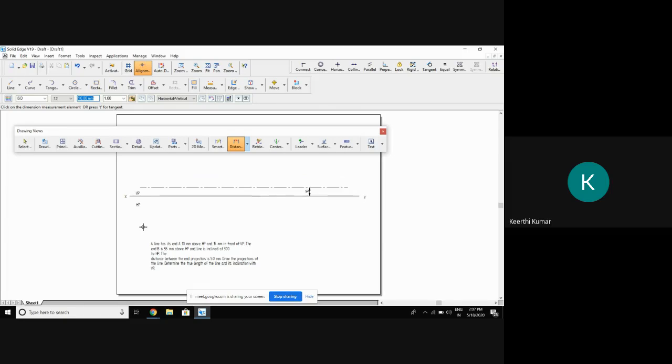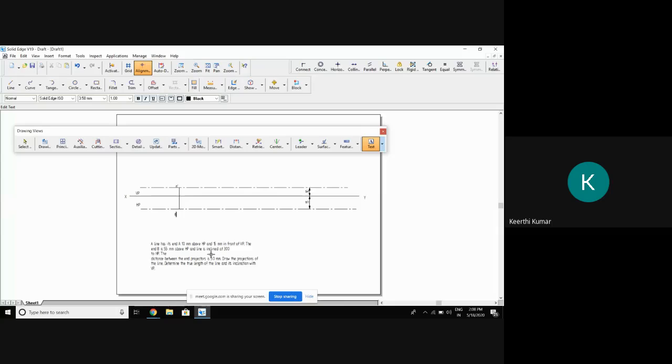Okay, that means we know that the line, one end of the line, that is A, has to come somewhere on this, finished. And 15 mm in front of VP. The condition, whatever the condition given with respect to VP, we will show in HP. How much, what is the distance? 15 mm. So again, I'll select the locus line and draw the line. And this distance, I'll maintain 15 mm. Okay, 15 mm. So after completing that, I know the point A, I'll select these 2 points. So this will be A dash and this will be A.